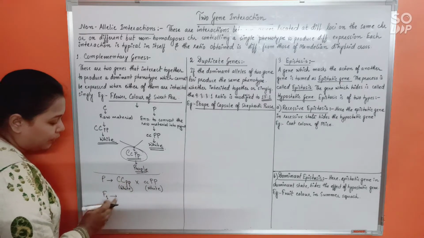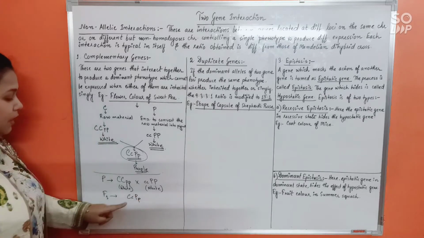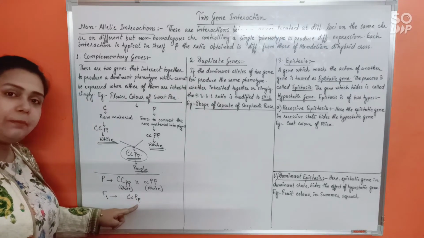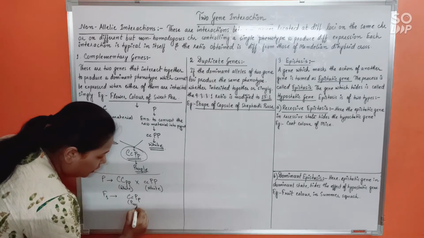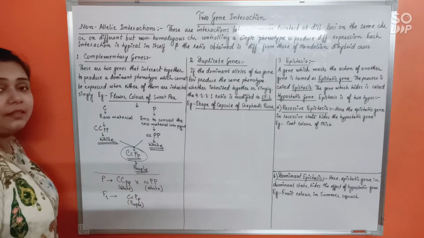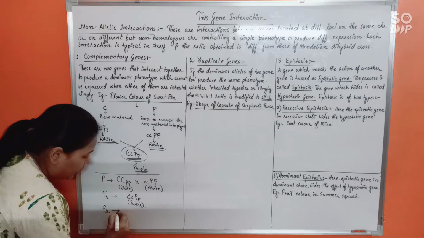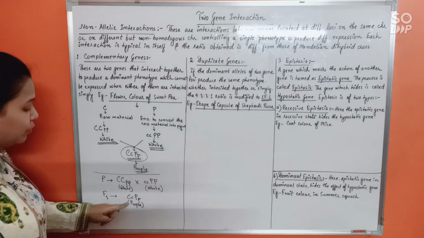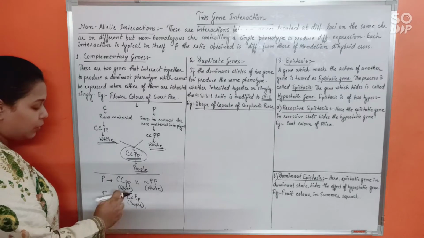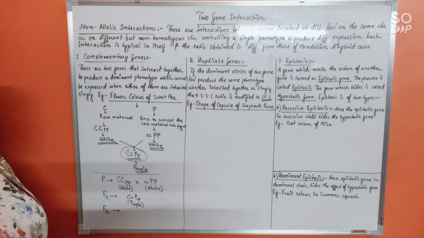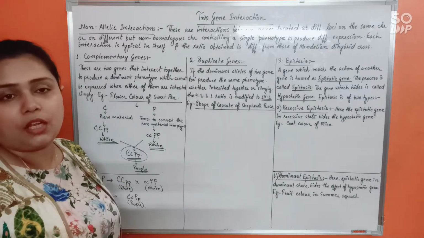So when both the gametes fuse, we get the F1 hybrid, which will have the genotype capital C, small c, capital P, small p. So what will be the color of the flower? Of course, purple, isn't it? So what you need to do now is find out the F2 generation. Simply, when selfing between F1 progeny is done, you will get a Punnett square for the F2 generation where 16 different types of zygotic combinations will be present.